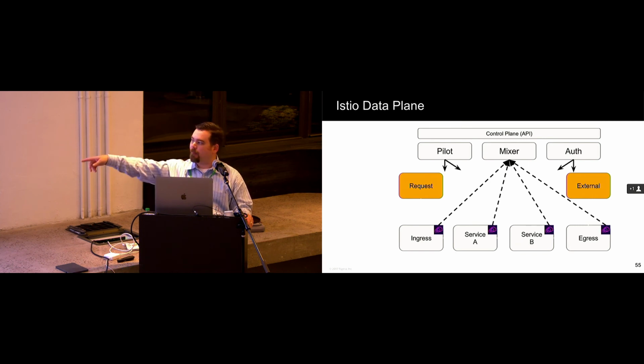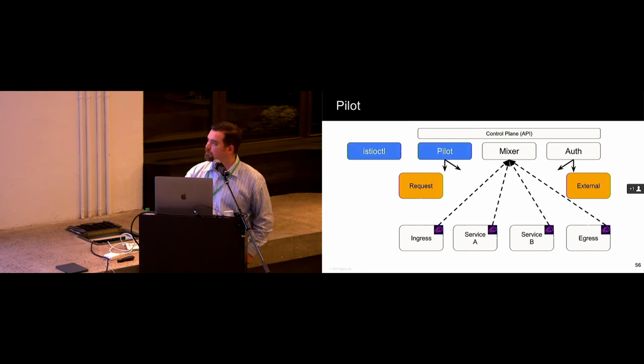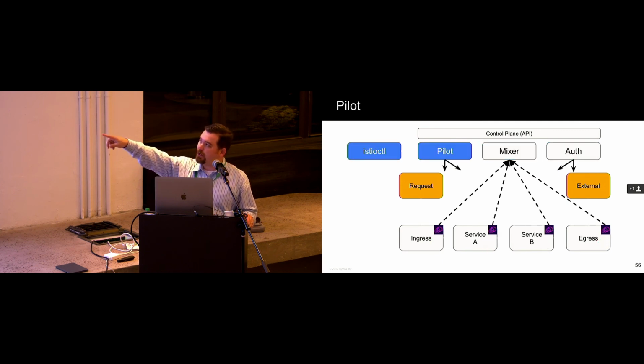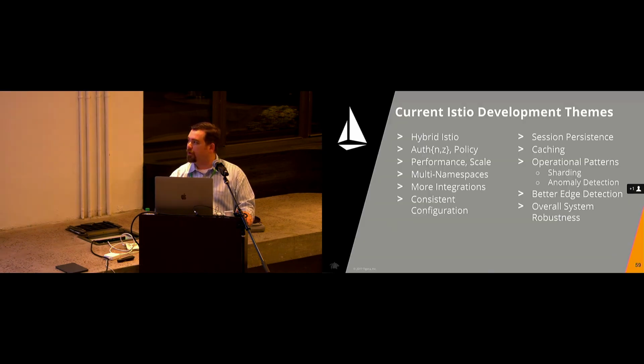and proxied outbound. On the ingress side, we've already talked a little bit about application proxies, and Istio as well can use Envoy, just like Nginx or HAProxy or another Kubernetes type solution for ingress. It's one of the plugins available. And so I would specify ingress using the standard Kubernetes ingress resource. So we mentioned how Istioctl talks to pilot and programs configuration, but it could be an API call via a library, etc. Mixer has a pluggable backend, and of course, auth is setting up all of the service-to-service security for you.